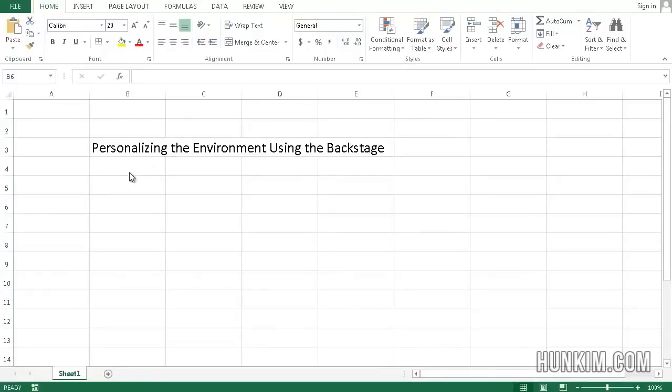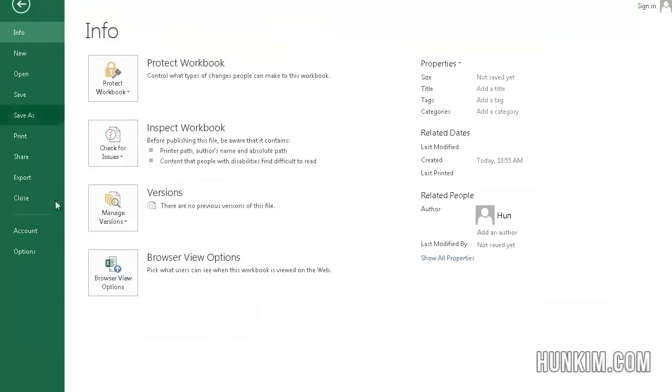Here in Excel 2013, let's learn about personalizing the environment using the Backstage. So our Backstage is the File tab. If I click on the File tab, our Backstage, you can see that there are certain things we can do. But right now, I'm going to click on Options. When I go to Options,